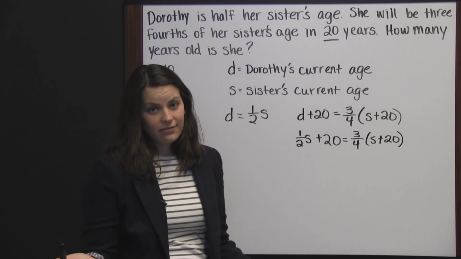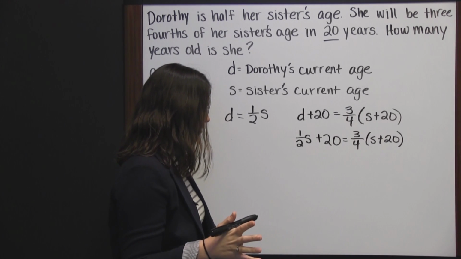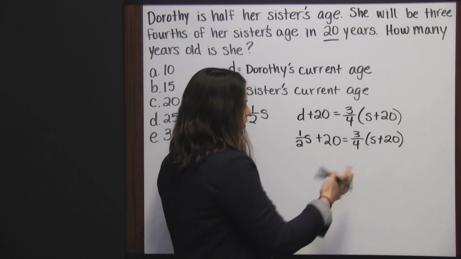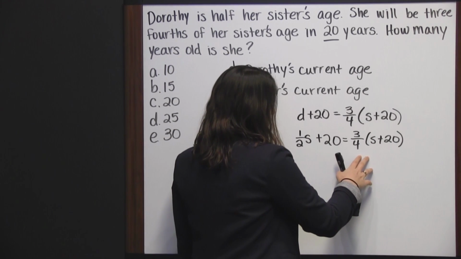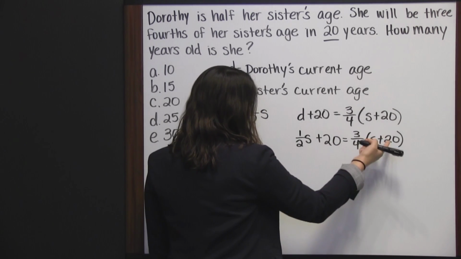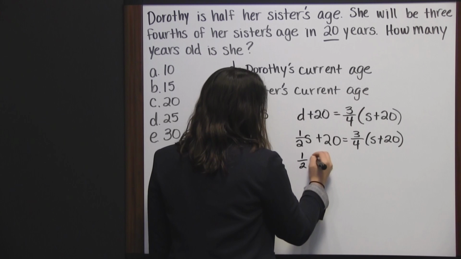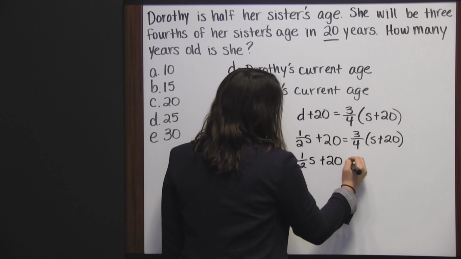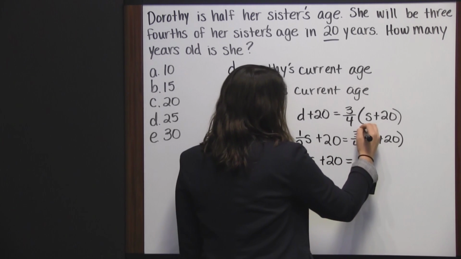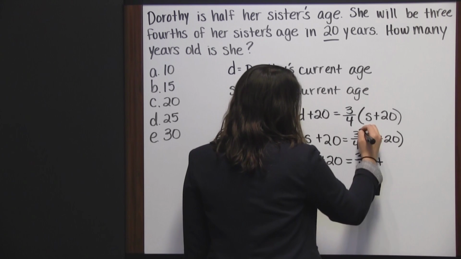Well, from here we have lots of options for solving. And the first thing I think about is, really I just want to get rid of this fraction, this 3/4. So I think I'll start by distributing the 3/4 to what's inside my parentheses. So I have 1/2 S plus 20 is equal to 3/4 S plus